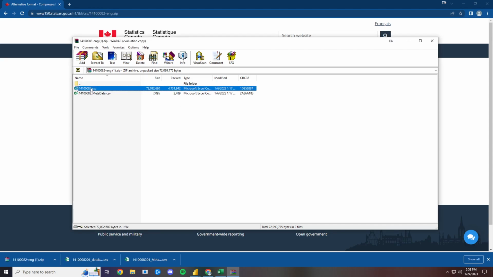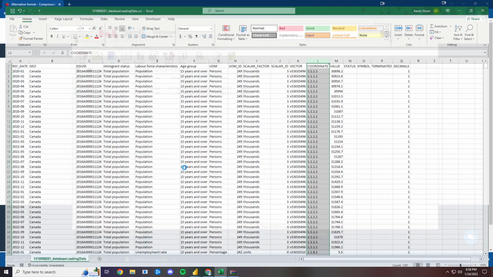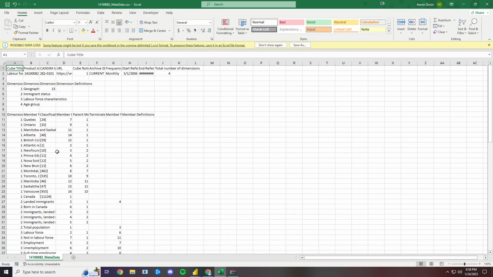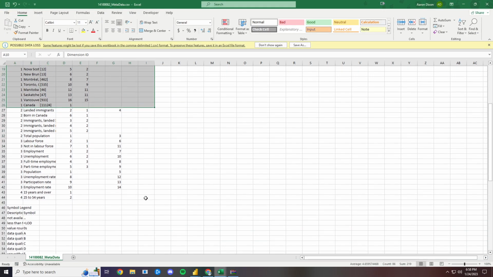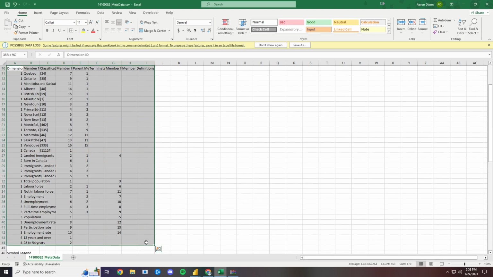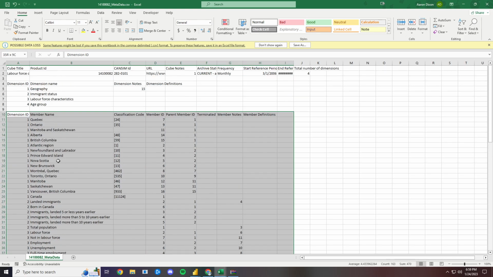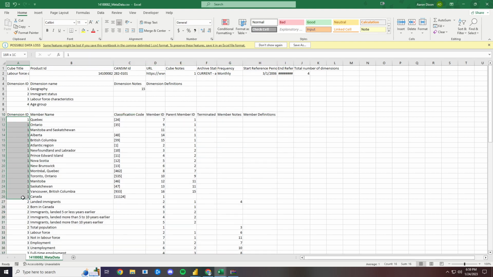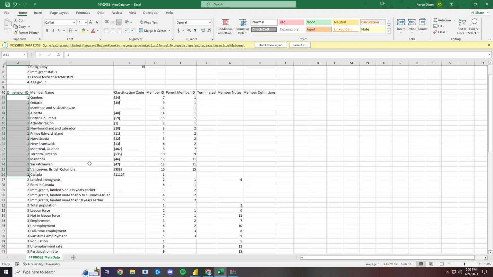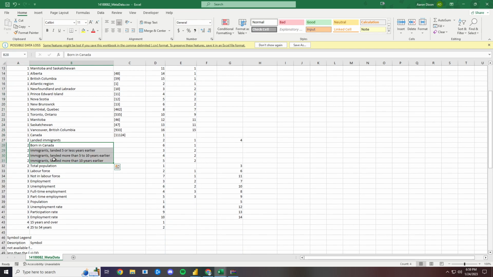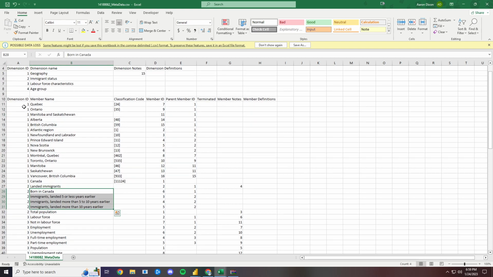So the first is the same data set, and you'll see it's very large because it has many months of data, but the metadata file is actually very interesting, and this tells us a lot about how the data is structured. So if we look at the middle table here, you'll see that the way that the dimensions are laid out, these are sort of the first levels, the second levels, the third levels, and these will actually correspond to what